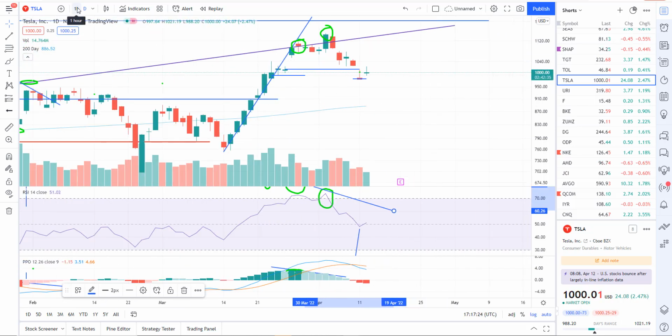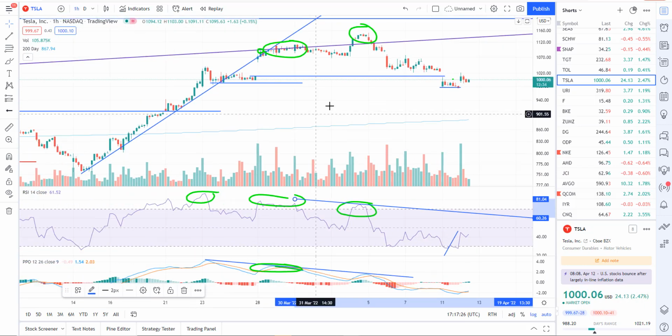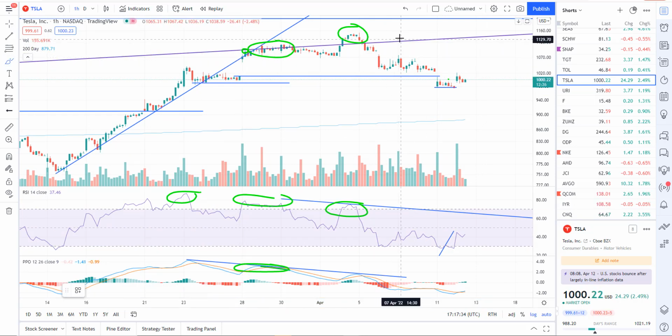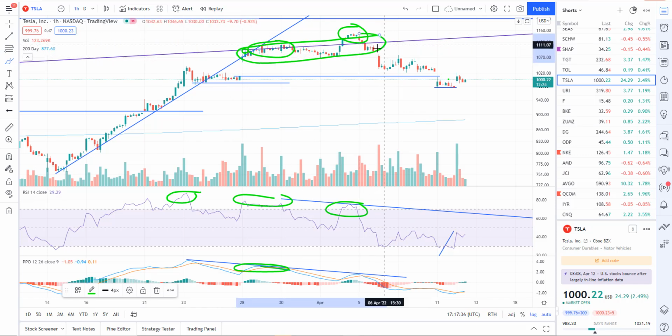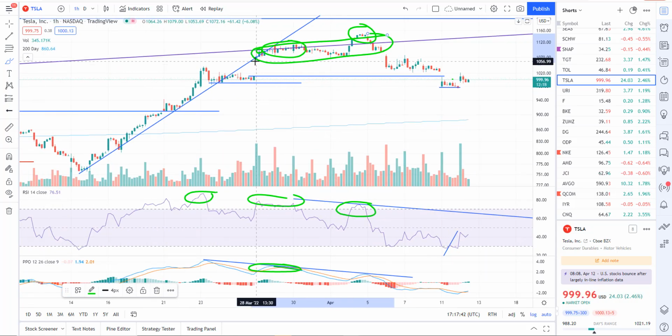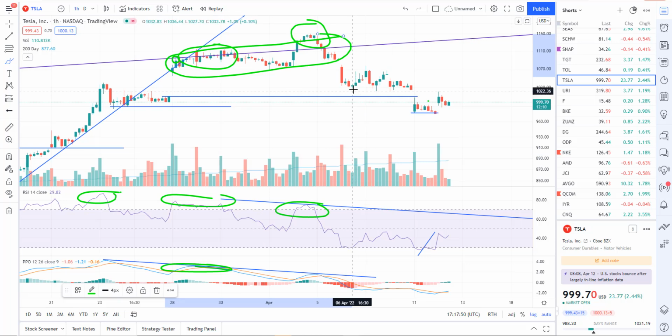The other thing I want to point out on Tesla, and I've talked about this on past videos, I'm looking at the hourly chart here. So we gapped up back here on March 25th, it looks like. And we were basically trading up here, and I talked about the potential for an island cluster top. That is where you gap up, create a cluster of candles, and then gap down to create this island top, a floating top. And sure enough, we do actually have that.